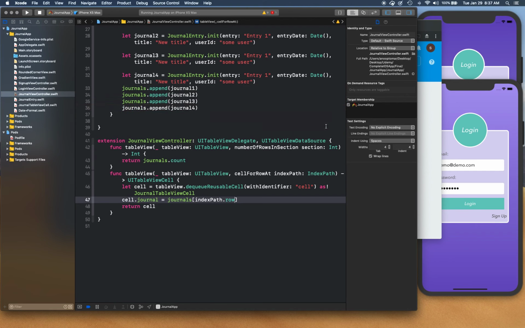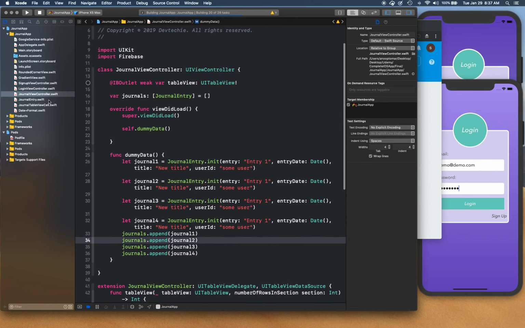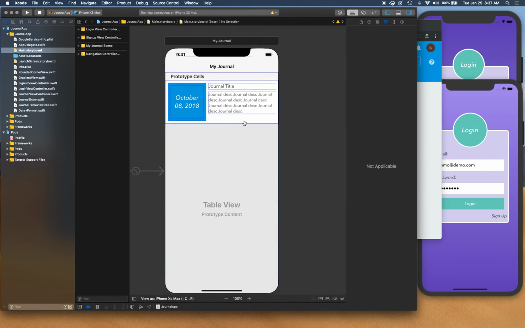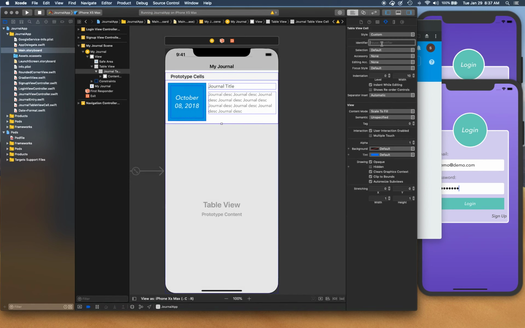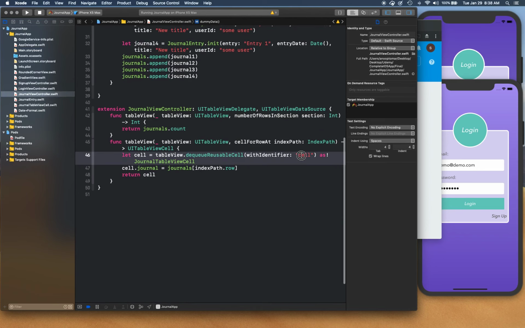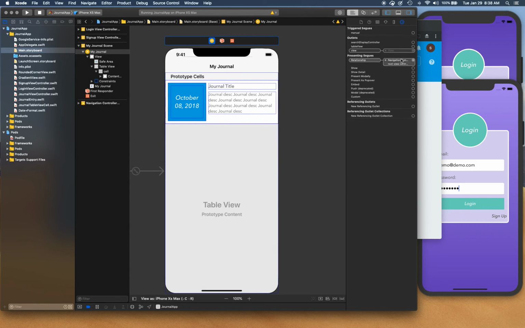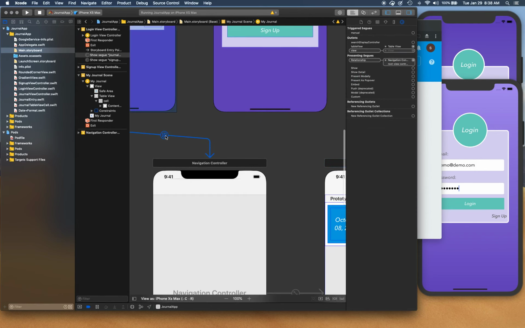Right here. Okay, let's try to build, and we're gonna do a couple of things. We're gonna make sure that our table view is connected and our table view cell has an identifier, a reuse identifier. So select your cell and give it a reuse identifier cell, the same name as we have used right here. Okay, and then we're going to make sure that our table view is connected through the outlet. So we're going to connect that like so, and we are ready to navigate onto this screen after the login